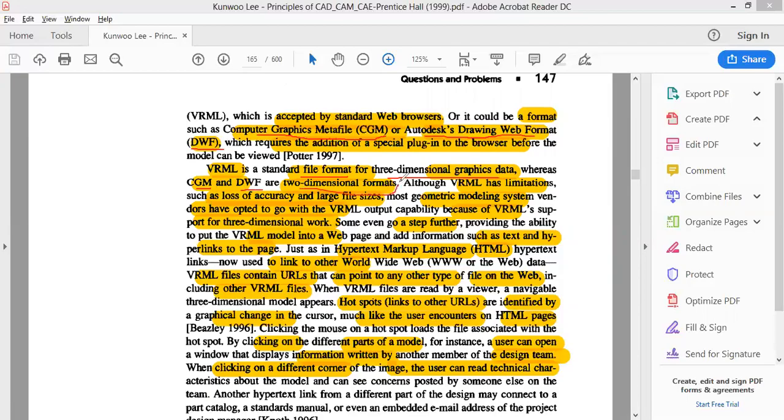And these are especially for 2 dimensional ones. Okay, but there are some limitations that were there with VRML. Whenever we change from one format to another format, there will be some loss of accuracy, and larger file sizes were also a problem, right? So there used to be some loss of accuracy. Even this we can see whenever we model in the CAD software and import it into the analysis package, then we will see that some data is missing because sometimes there is data loss.